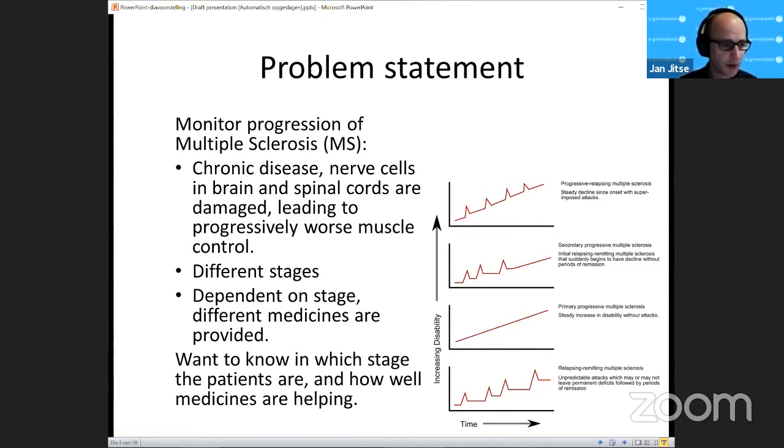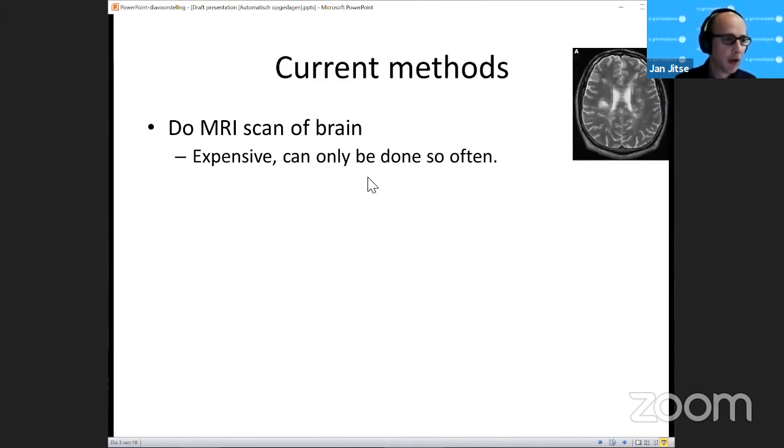So you want to know how this is done, and for this you need sort of continuous monitoring of how the patient is progressing. So what can we do there today? Currently, you can do an MRI scan of the brain. It's expensive, and you can only do it so often.